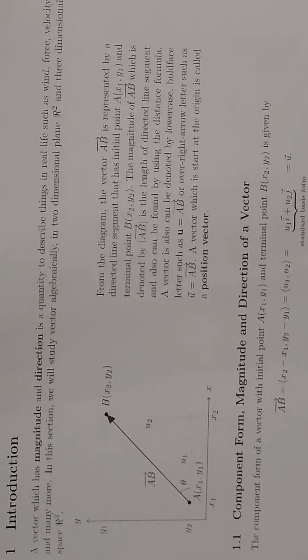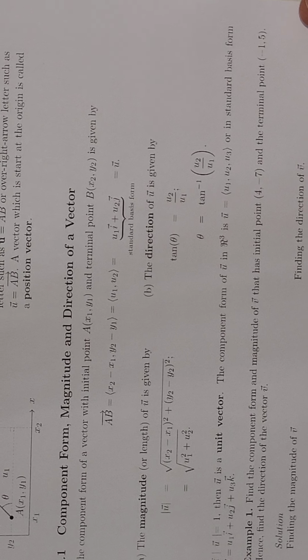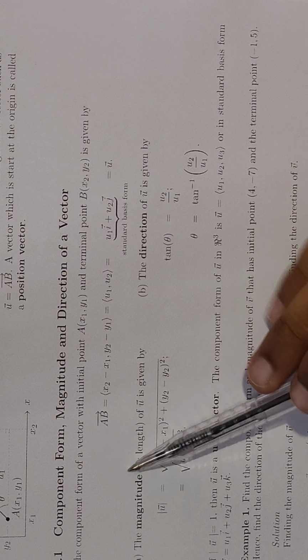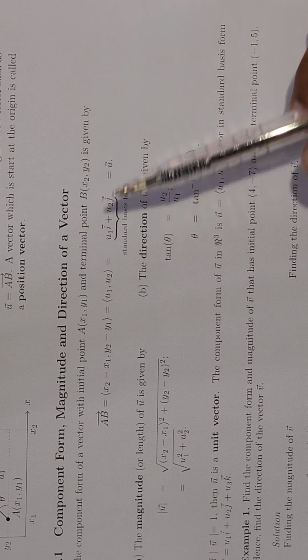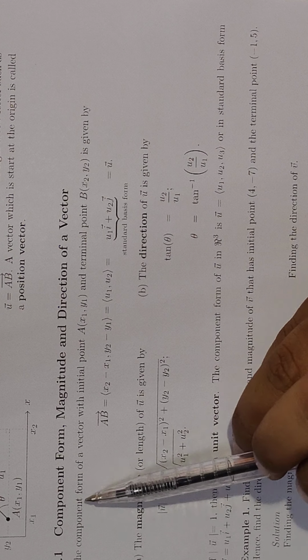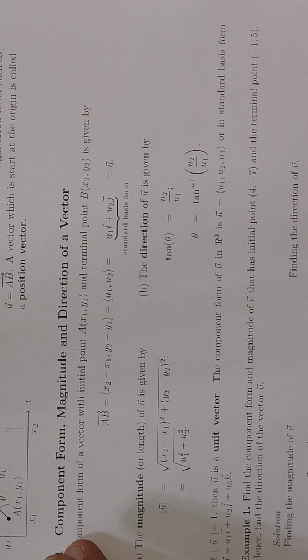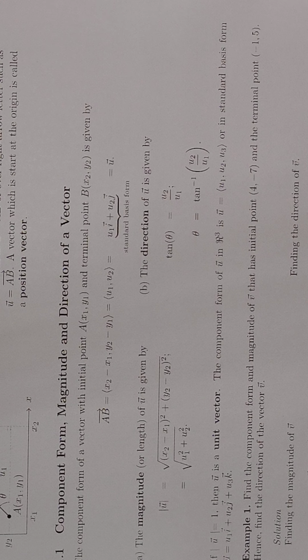Clear. Second, we learn how to find the component form, magnitude and direction of vector. Sebab component form, kalau anda tengok, dia dilahirkan daripada vector ni berkaitan dengan component form. Right? Apa yang dimaksudkan dengan component form? Ideanya adalah